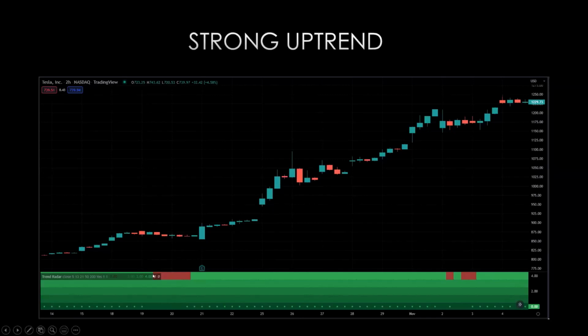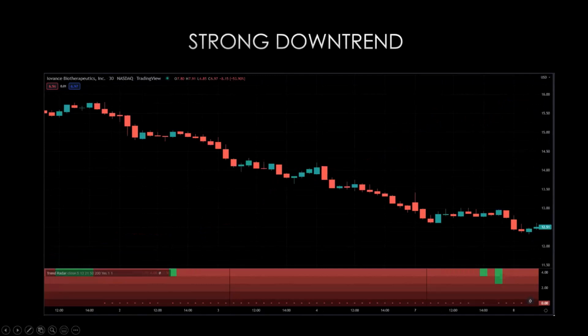So if you see this kind of action where you're just getting a pullback on the top row and everything else persists, that's really not a strong sign of a reversal. And likewise here, we had another weak pullback. And here, the opposite scenario where we have a strong downtrend. It's very easy to visualize that we're not getting any upwards action here. We see total red on the heat map, and only a couple times do we have a short flicker upwards where we break above the fast EMA's downtrend.